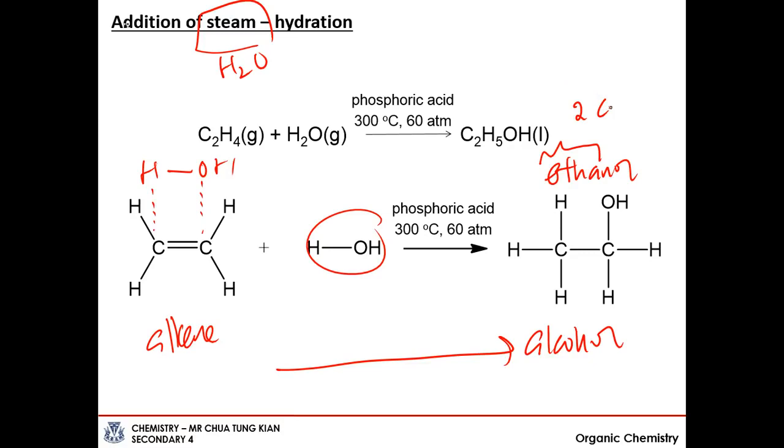Conditions: phosphoric acid, 300 degrees Celsius, 60 atm. Take note, you must write this in. No conditions, no reactions. No reactions, no marks. So alkenes, ethene, add steam, in the presence of these conditions, you will get the alcohol. In this case, this is ethanol. Easy. So if I were to add steam to propene,